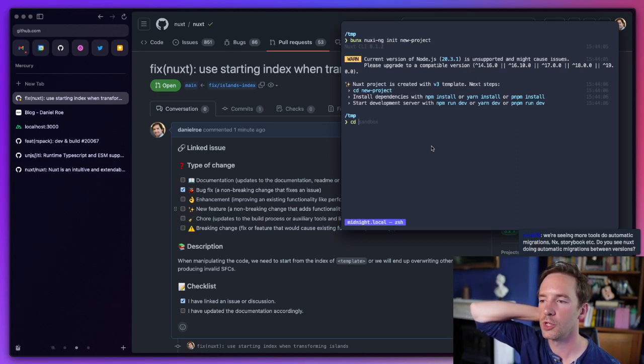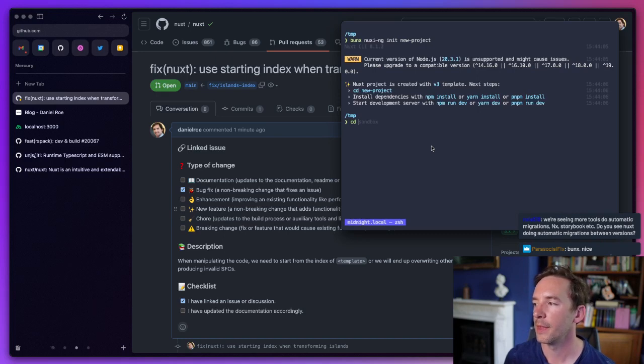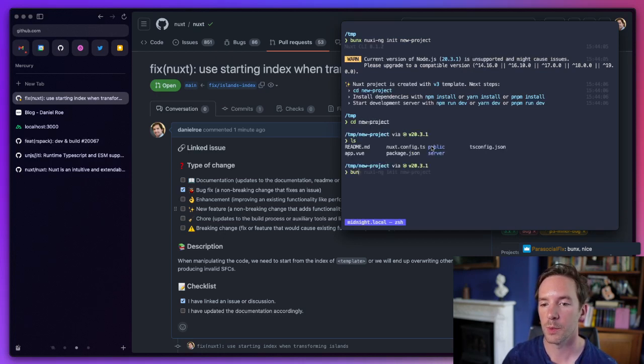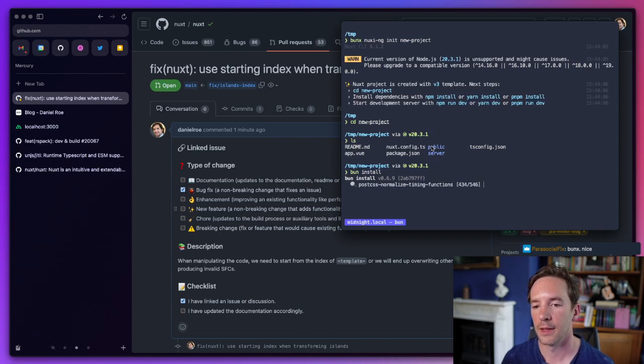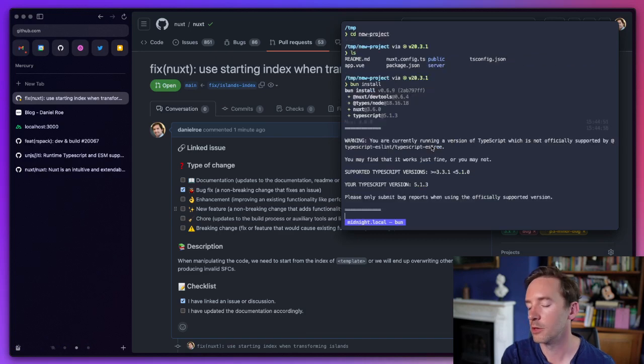Absolutely. That's already what we're doing with things like Magic AST. We can just install a new module from the DevTools of a project. I have projects running on Bun, by the way. Bun works as a package manager for Nuxt, incidentally. If I install my dependencies with Bun, obviously it's been a while since I've done this, so it's taking a little bit longer. But Bun is incredibly fast as a package manager. It is just beautiful, and it requires no configuration for Nuxt. It just works perfectly as a package manager.